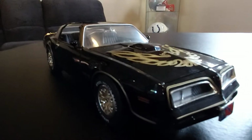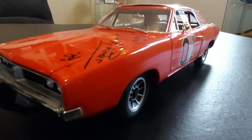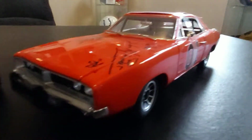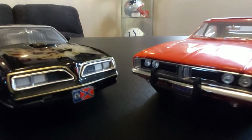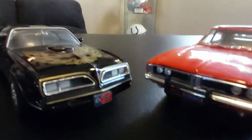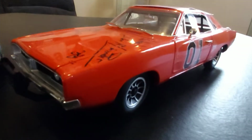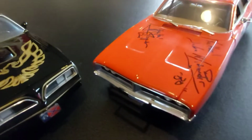Smokey and the Bandit was done in 1977. The Dukes and the General Lee started, I think, in the fall of 1979. And Smokey and the Bandit and Dukes, they kind of tie in together, and they're sort of related somehow. John Schneider, who played Bo Duke, that's his autograph right there, was actually an extra in Smokey and the Bandit